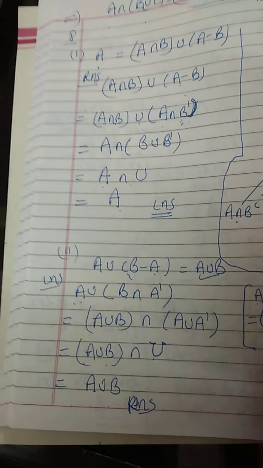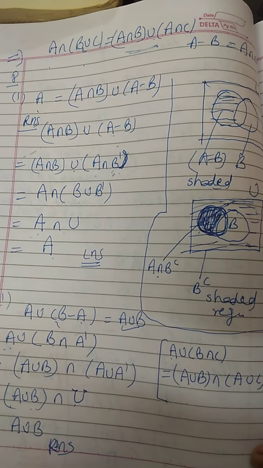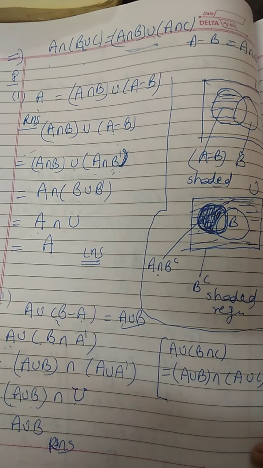So here both the parts of sum number 8 we have done. You can do sum number 9 the same way. You have to use the properties of sets there also, and you will be able to do it. Sum number 10: show that A intersection B equals A intersection C need not imply B equals C. So here also you will give an example only, to prove that if A intersection B equals A intersection C, it does not mean that B will be equal to C. You have to take the sets in such a way that you are getting that answer, right?